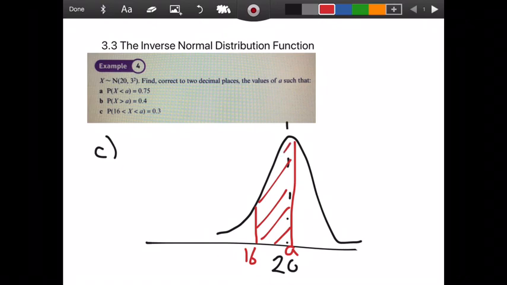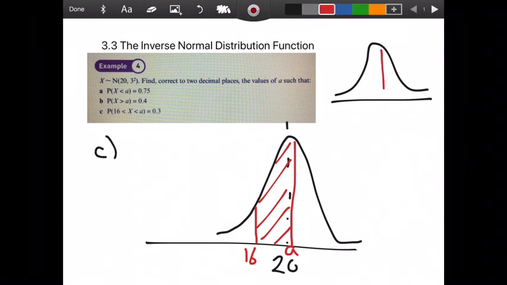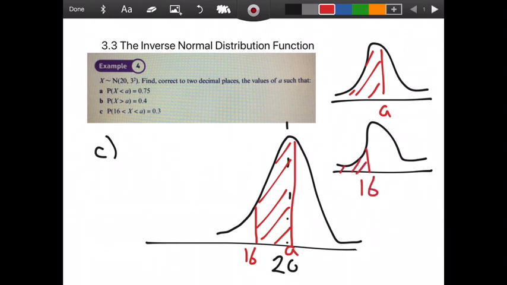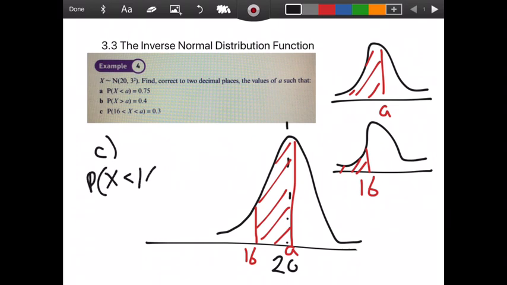So we want this section here in the middle, but we can't really put that into our calculator, so I'm going to split it into two parts. I'm going to say here is everything less than A, and here is, whoops, everything less than 16. If I take everything less than 16 away from everything less than A, then I'll be left with the diagram at the bottom. So what I want to do first is find out the probability that x is less than 16